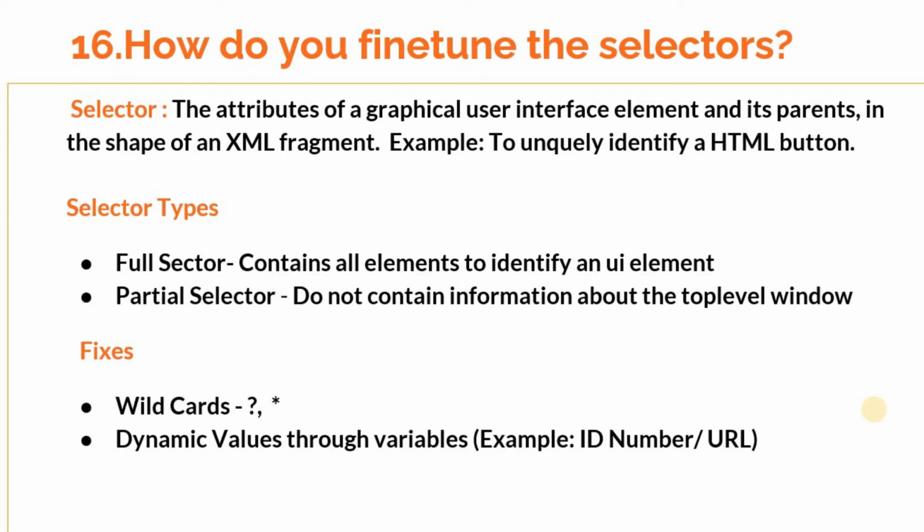In the worst case, if you don't have any options to modify the selector, you can go for image recognition as well. Also, in some cases, you can use screen coordinates to identify a UI element. Many RPA tools have these features. For example, Automation Anywhere has a special functionality for this.